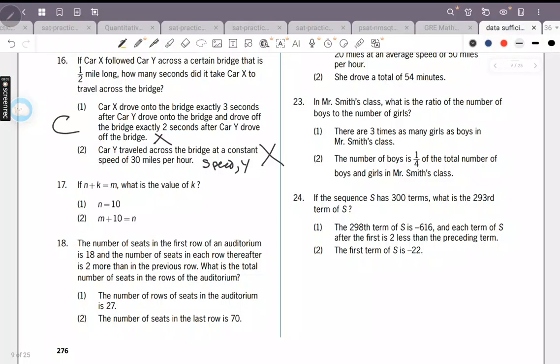Oh, I thought it was a straightforward question. It's not entirely straightforward. Let's do it together. So 2 alone is sufficient. Yes, 2 is sufficient because